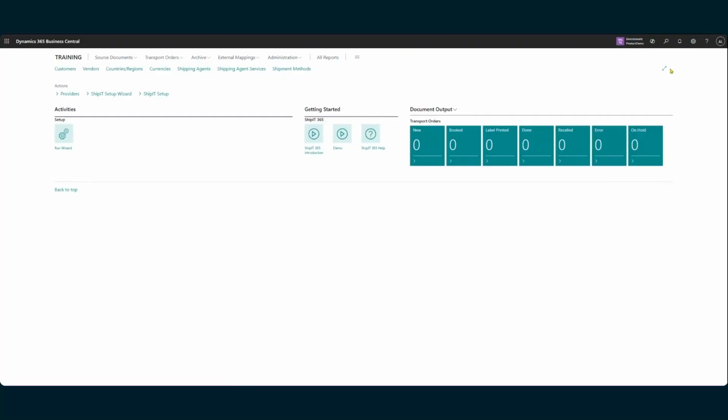So I was already telling about the shift to the role center of ShipIT, the ShipIT manager. And basically in the ShipIT manager, you have already the things that you need to set up in one compact overview. So we spent some time on this part right now, but now we are going to dive a little bit